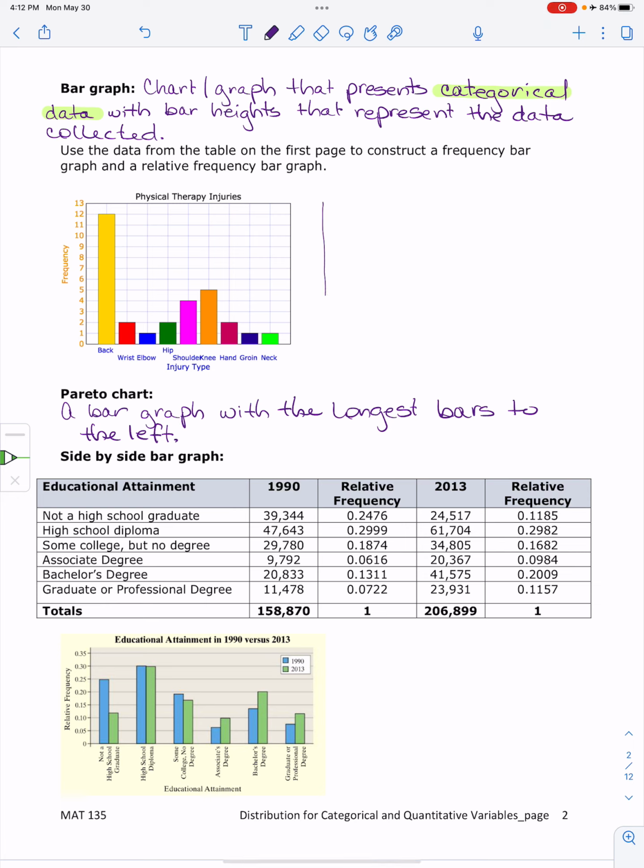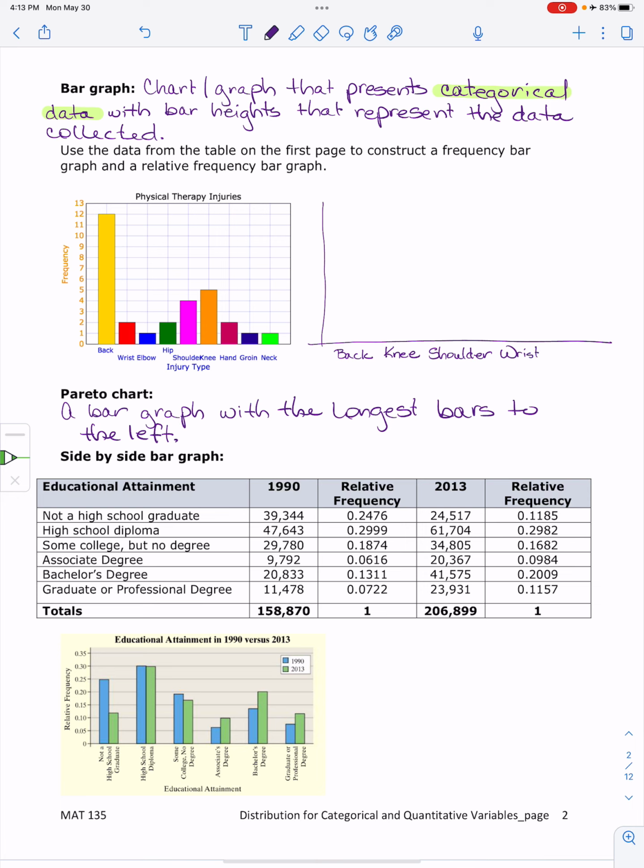We can sketch that out though. Our tallest bar is still our back injuries. Our next tallest though would be those knee injuries. And so we are going to go ahead and just organize from the largest bar